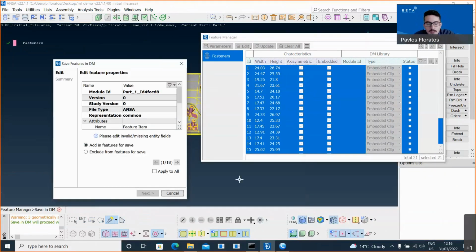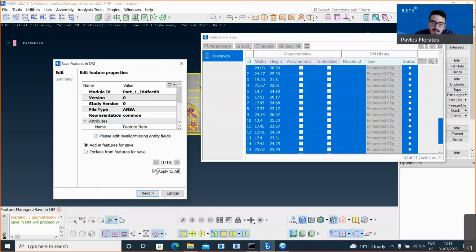So one thing to notice here is that in the Feature Manager window, I see that I have a total of 21 fasteners, but in the Save in DM window, I'm asked to save only 18. Why does this happen? This happens because both in the saving process, but also in the recognition process, we identify which fasteners are unique or which fasteners are very similar, and we don't save them in the DM twice or more.